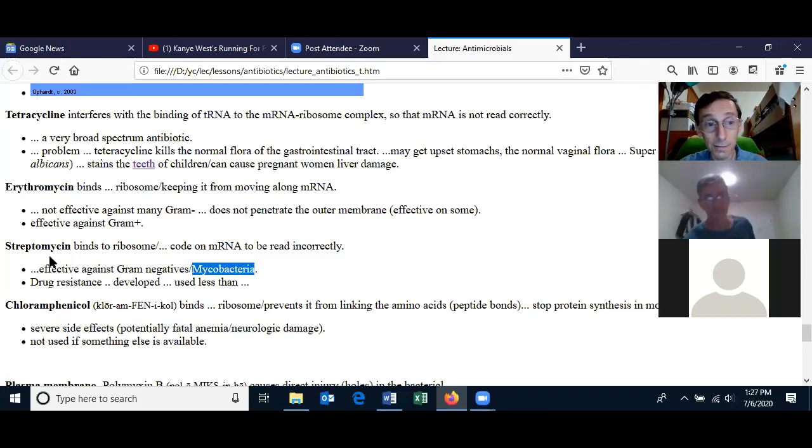The reason is that a lot of antibiotics will not go through the cell wall of mycobacteria because it has so many lipids. It has mycolic acid in the cell wall. But streptomycin is an antibiotic that will go right through the mycolic acid in the mycobacteria. And there are a few that do that, and those are the ones used against mycobacteria. All right, any questions about that? Maybe that's why it's used on gram-negatives. The streptomycin goes right through the outer membrane of the gram-negative cell.